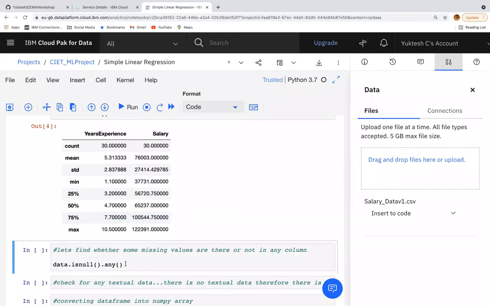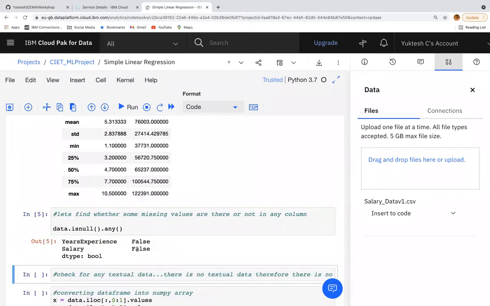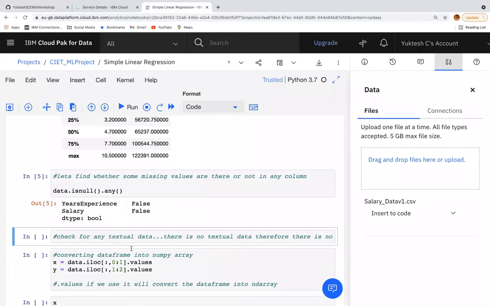Now next, I'm just showing some important steps, right? Sir, is it really mandatory to put or not? Okay, it depends on the data scientist, the way they are building. So here I'm trying to check whether any missing values are there or not. This is the code to check for missing values: data.isnull().any(). So for years of experience, no missing values, that's the reason it is false. Salary also has no missing value, that's the reason it is false. If it is true, you need to study how to refill them. That's what you will study in data preparation.